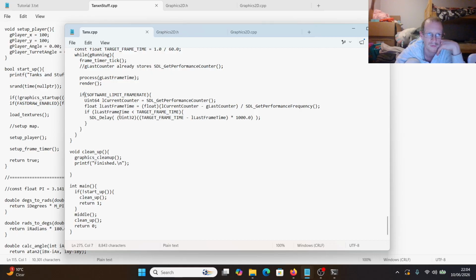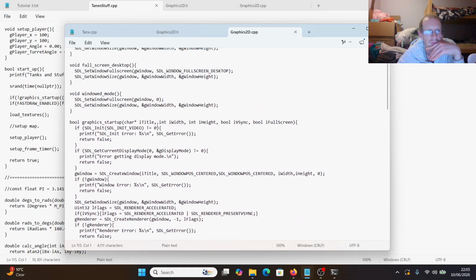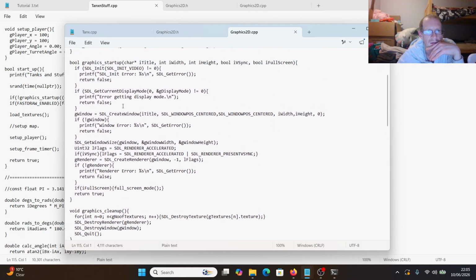I don't know if this is a good idea or not. I think it's sufficient using delay, because I think a delay actually releases the processor while it's delaying. I'm not sure. The other option is in here, graphics startup. You give it a VSync hardware frame limit,